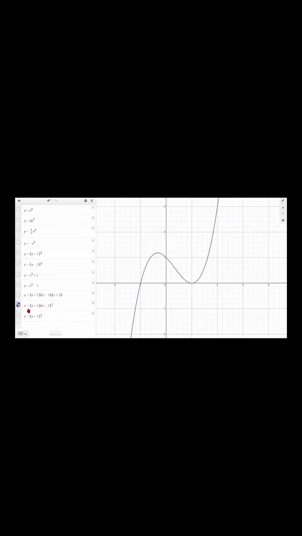So in this one, I've gone ahead and graphed y equals (x plus 1) times (x minus 1) squared. Now, just like in the other one, we can see that x equals negative 1 is what we're going to get when we solve x plus 1 equals 0. But the interesting thing is now that we have this squared here, our x equals 1 becomes a turning point intercept. So the graph comes all the way down, gives that x-axis a little smooch there,